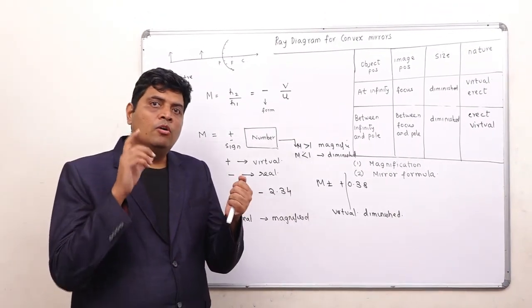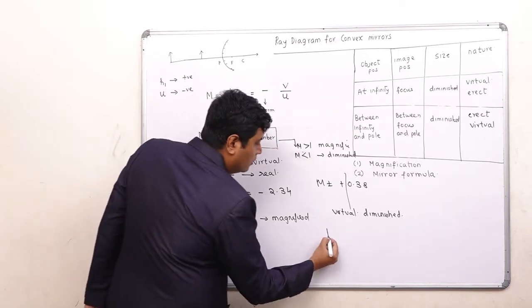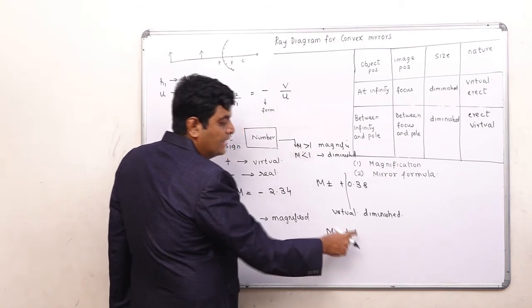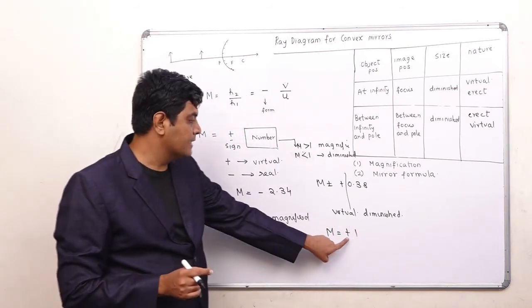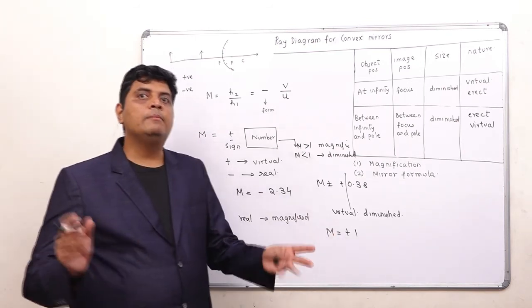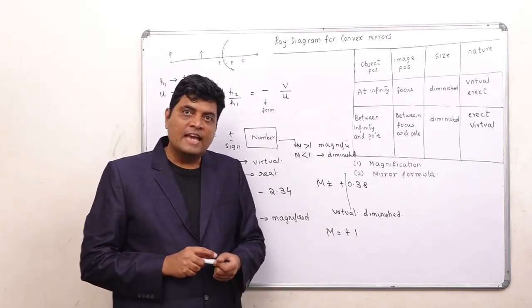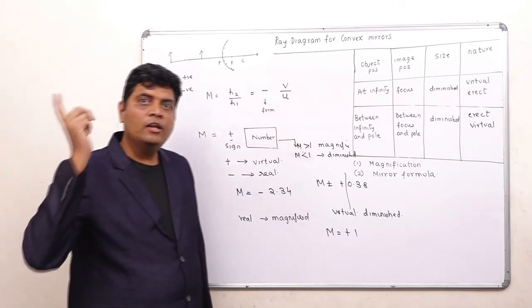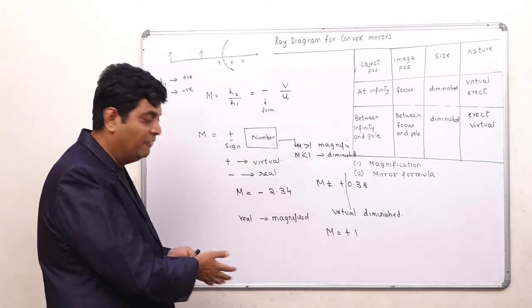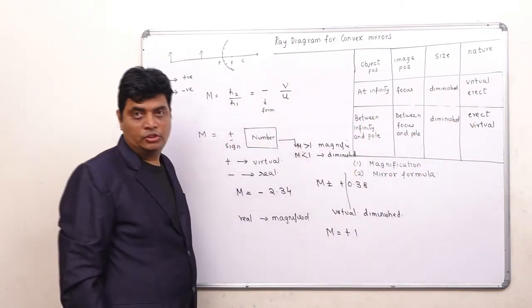Now if magnification is plus 1, can you say something? Your object height and image height are the same, and it is plus. Plus means it is virtual. So a virtual image with object and image the same size will be for a plane mirror. In a plane mirror, the object size and the image size are the same and your image is virtual. Correct? So this way, on the basis of magnification value, we can find out the various dimensions of the image.